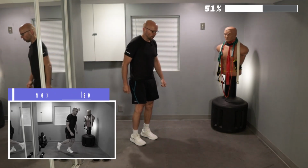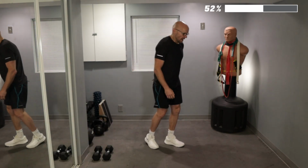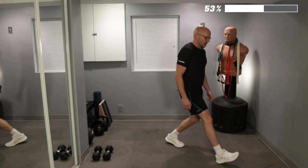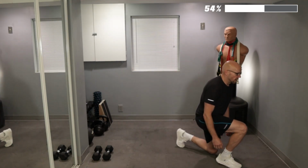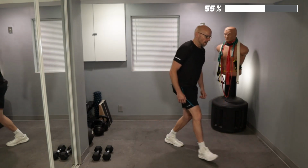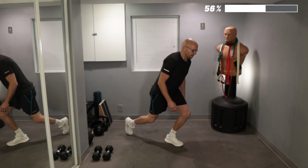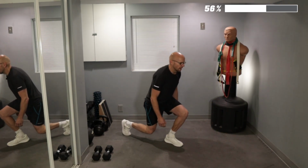Back to the top, back to our lunges. 10 per leg. So make sure I get enough room. Let's go. 1, 2, 3, 4, 5. Keep it up. 6,